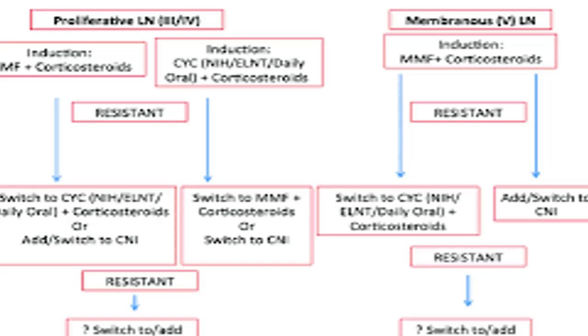Angiotensin converting enzyme inhibitors or angiotensin receptor blockers should be administered in proteinuric patients if the proteinuria reaches or exceeds 0.5 grams per day. Blood pressure should be maintained at or below 130/80. Patients with class 5 lupus nephritis are generally treated with prednisone for 1 to 3 months, followed by tapering